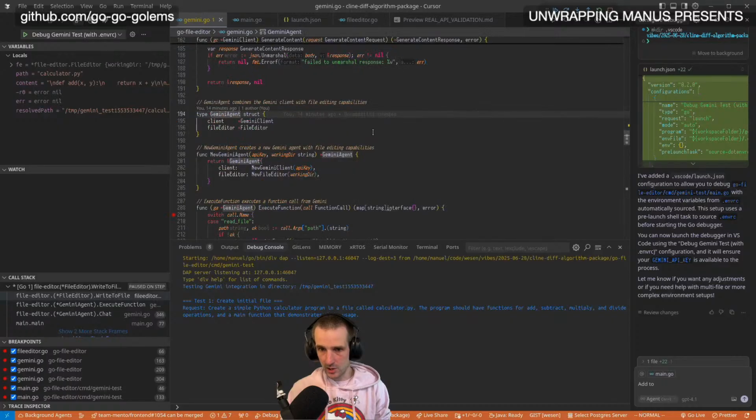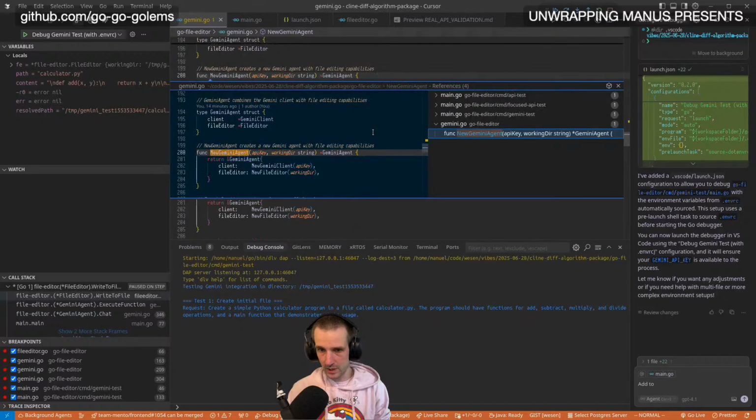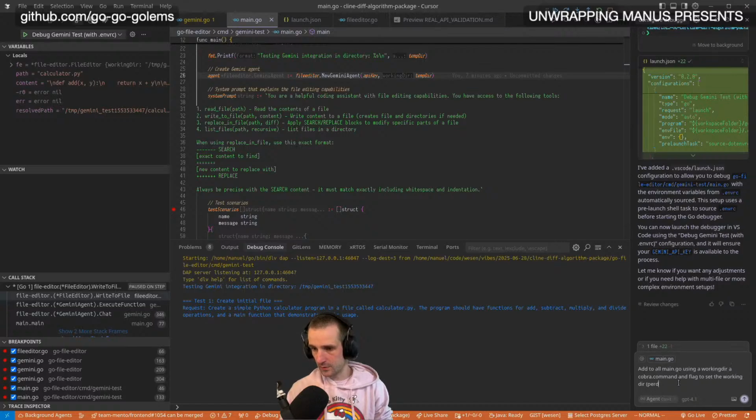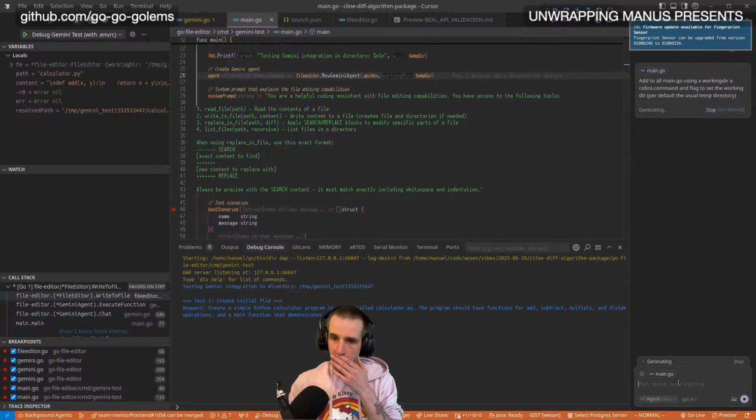It's the Gemini agent, new file, and then this is created with a working directory in the main.go. So I'm going to add to all main.go using a working dir, a Cobra command and flag to set the working dir, per default the usual temp directory. All right, well, this is neat